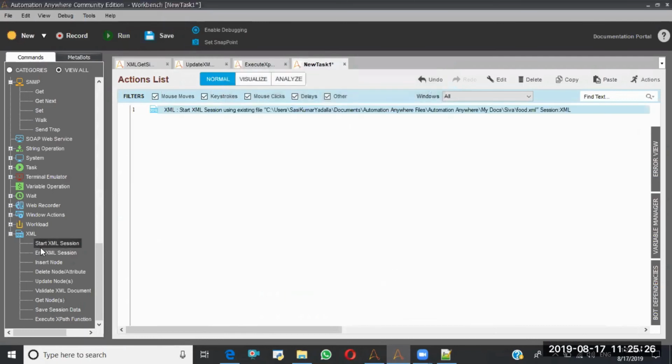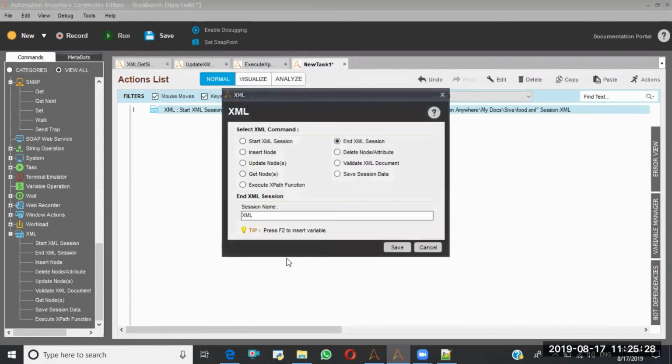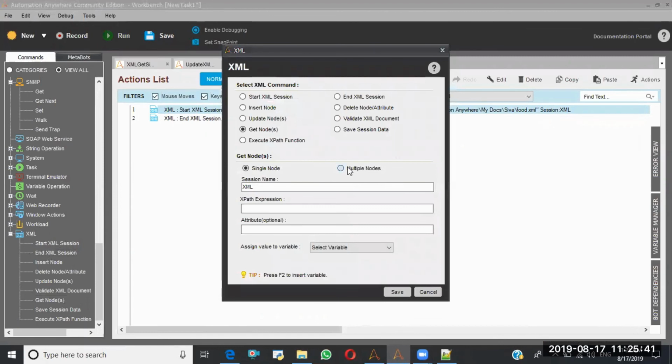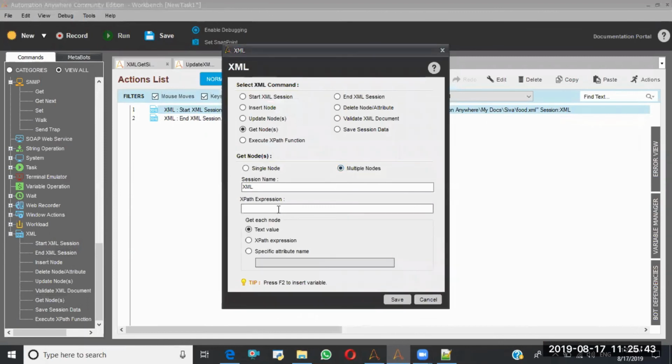Selecting this one, then immediately I am using end as well. Later, what I have to do, I have to get the multiple nodes. So what I'm doing is I'm taking get multiple nodes command here. So here I'm selecting the get multiple nodes. Here I have to give the XPath, right?